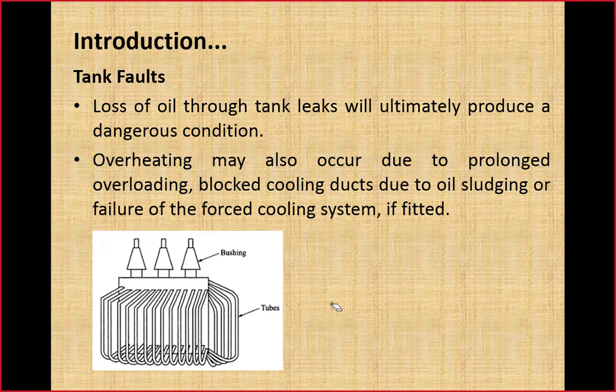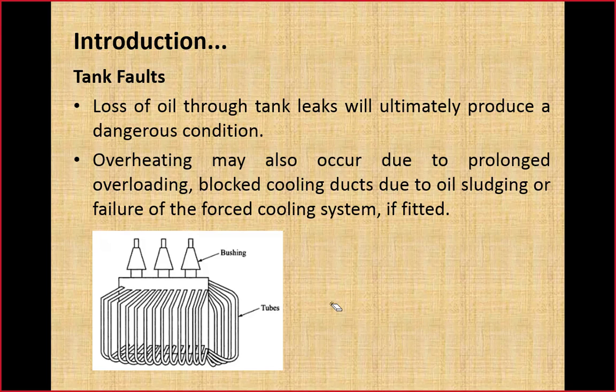So this natural circulation of oil will result in conduction of heat from the winding into the surrounding of the transformer. So this is known as natural oil circulation. If due to any reason this circulation gets interrupted, or you can say restricted, then the conduction of heat from the transformer winding into the surrounding will get affected, and ultimately the temperature of the transformer will rise and damage the transformer winding insulation and result in a short circuit within the transformer winding.